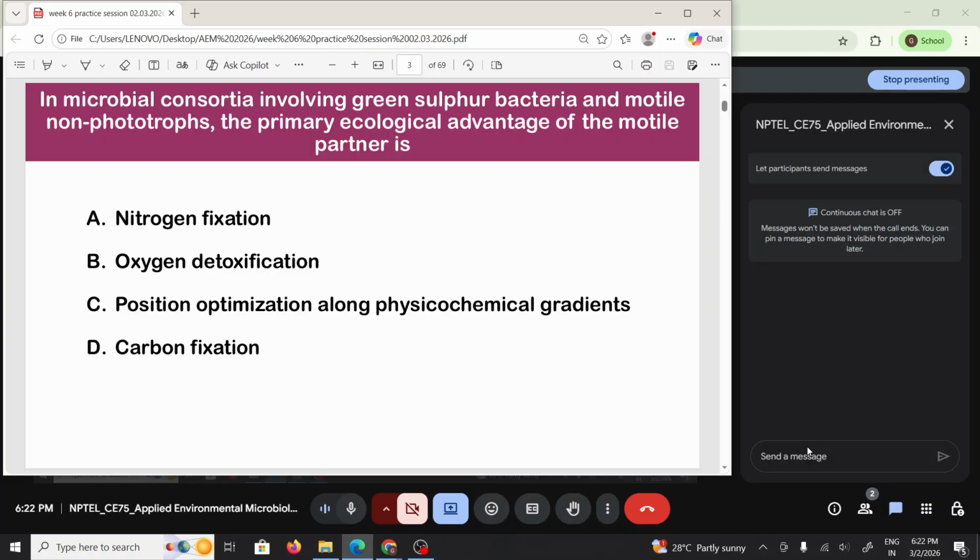So the first question is, in a microbial consortia, so as always we'll solve some questions only. So in microbial consortia involving